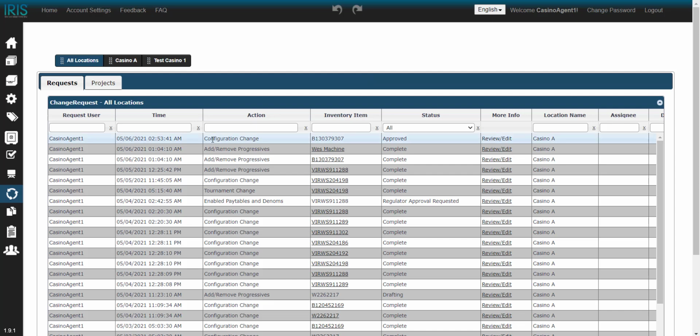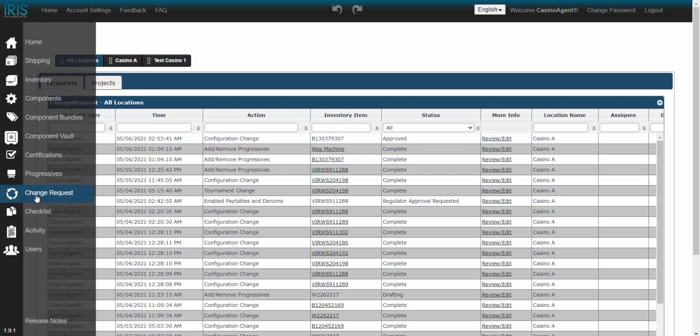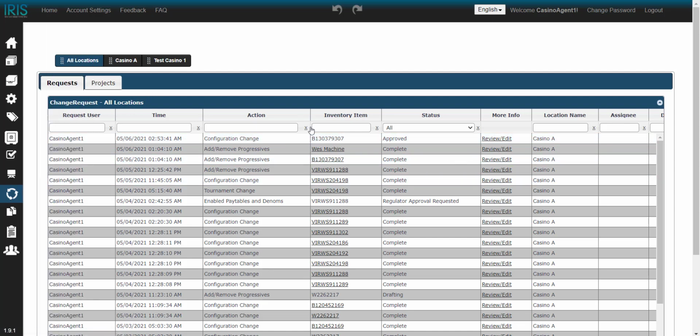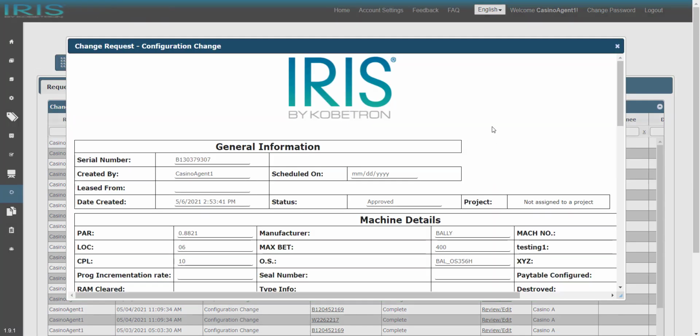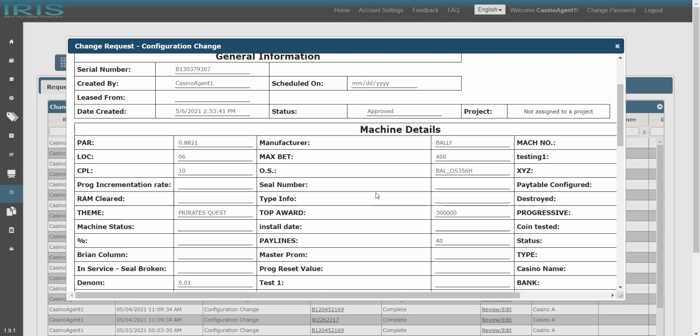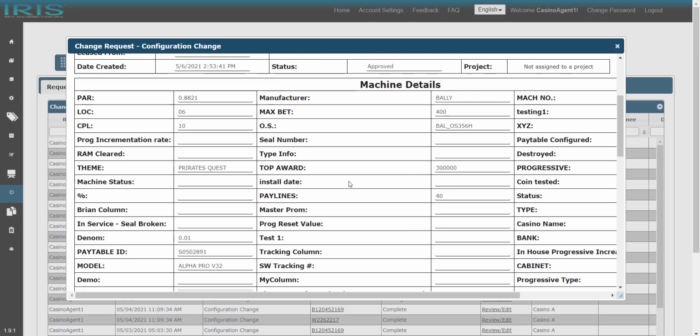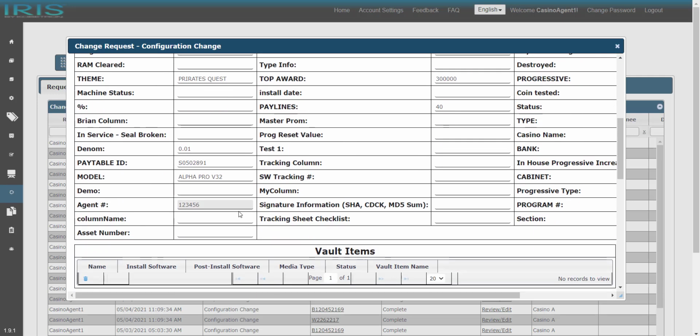Okay, so I'm now logged in as the casino agent. I'm again on the change request page, and I'm looking at this change request. I'm going to click the review edit, and from here I can take a look and see it's going to show the exact same thing. Any data that has changed for this request, if you click on it, it'll show that it was previously empty and now it has this value in it. It's going to be highlighted